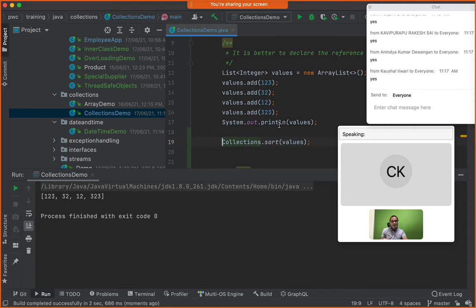Why? Because it does not sort the existing data structure. It will not make any changes to this. Instead, this will return to you another list. You see, list of integer. I'll say sorted list. Right? Sorted list is equal to,